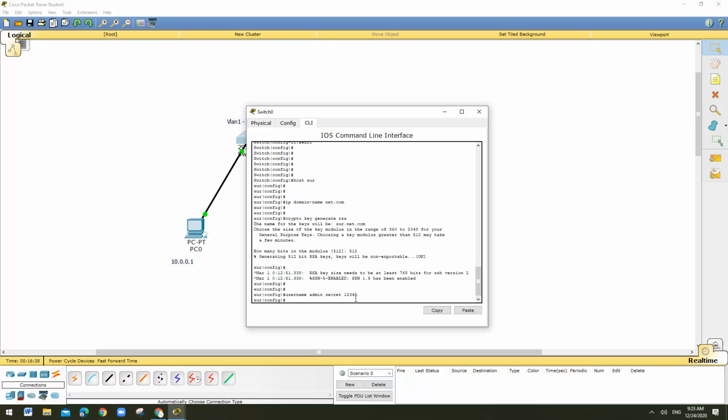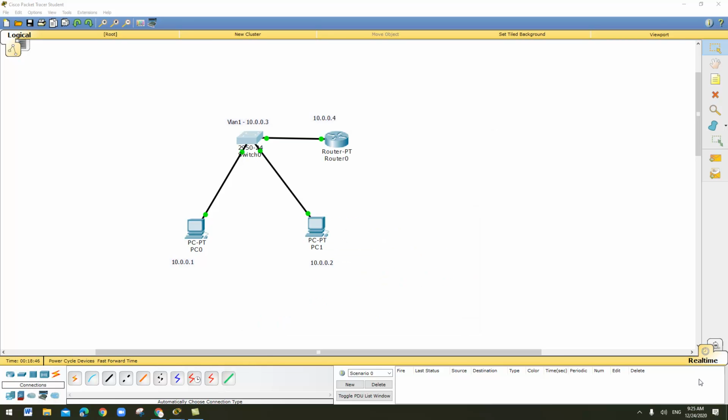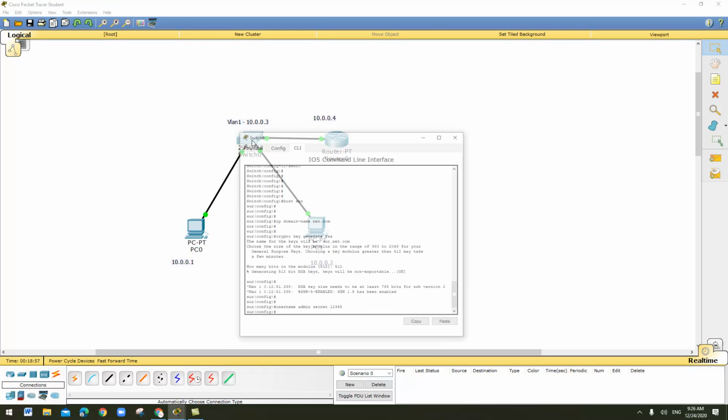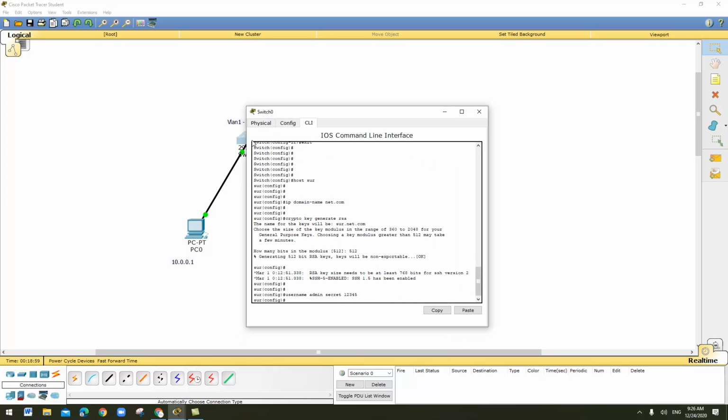So in this step, I created a username. The username is admin, and the password is 12345. So the next step, what does the next step mean? We have to enable the virtual lines. That means we have to configure the VTY lines